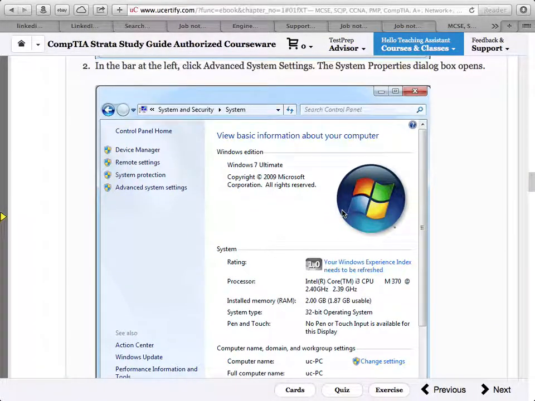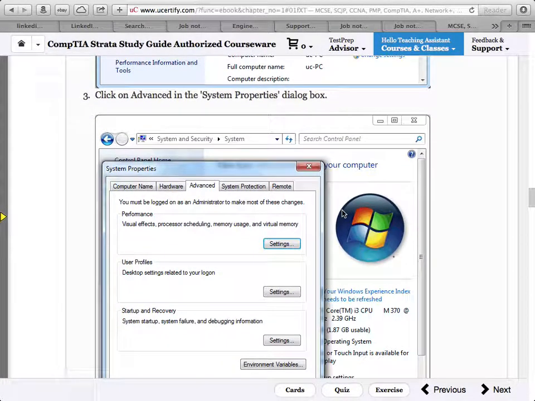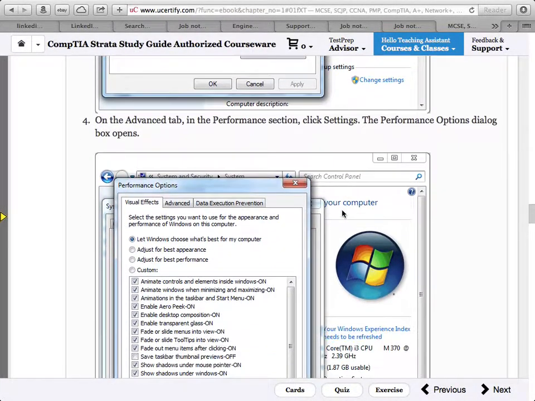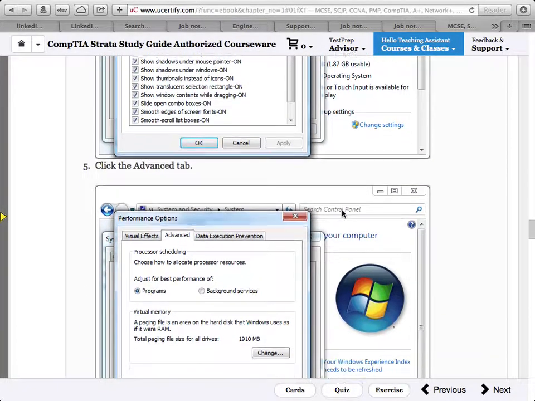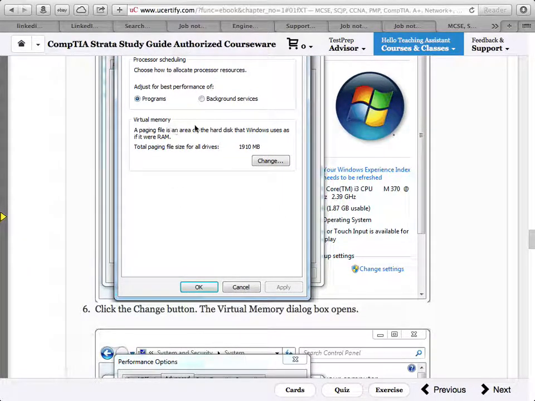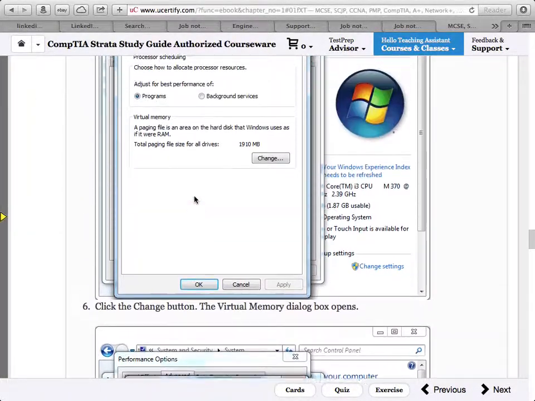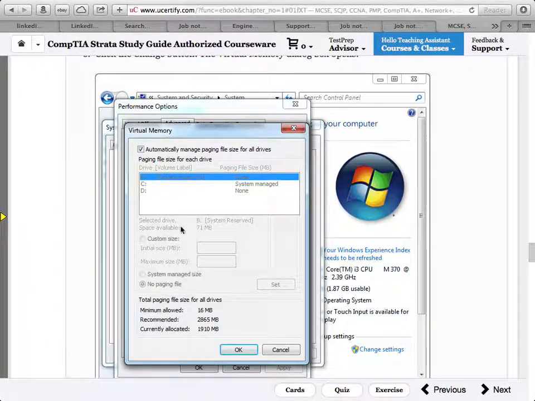Then we come to this place. Can you see Advanced System Settings there? Then we click on Advanced System Settings. We go to Settings. And bingo, we click on Visual Effects. We click on Advanced tab. And we can see our virtual memory here. Can you see the virtual memory? Then you can click on Change. So remember, I told you your computer has virtual memory, right? You have your normal physical memory and virtual memory.